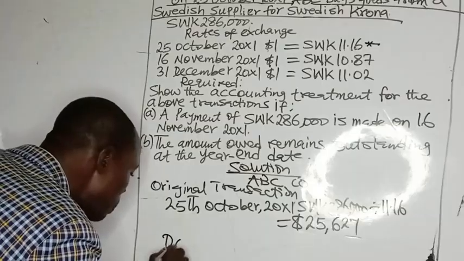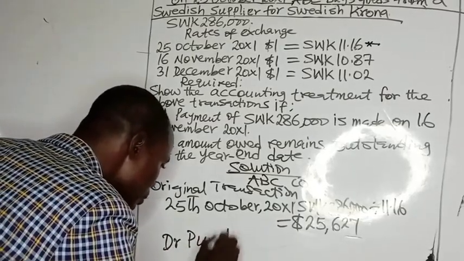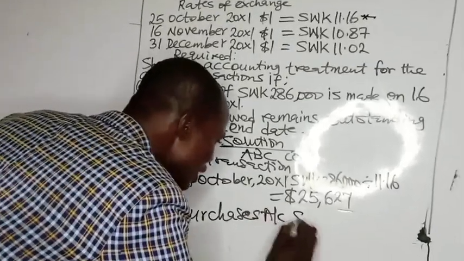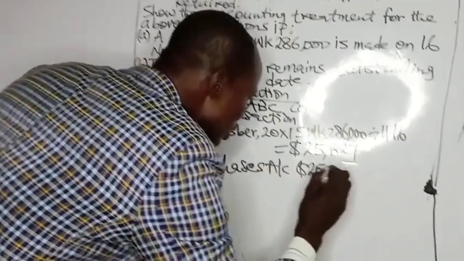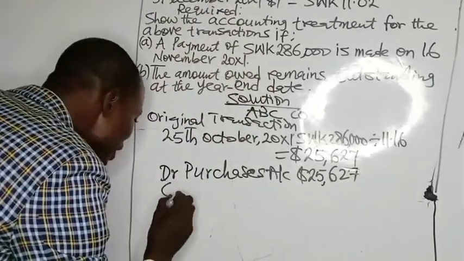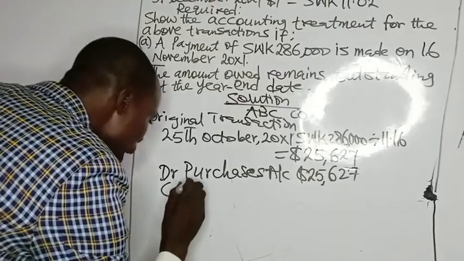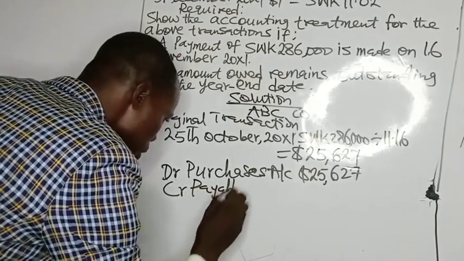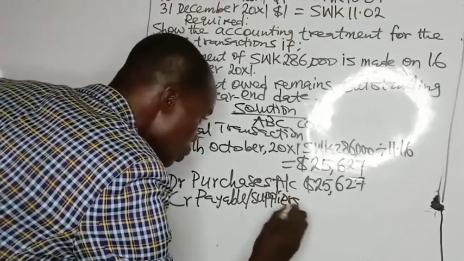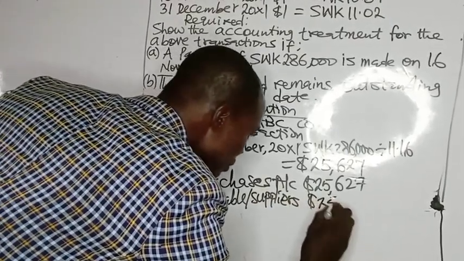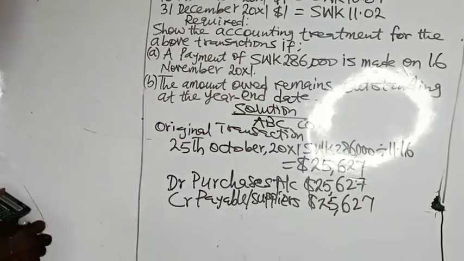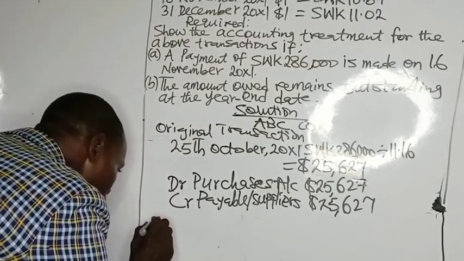So you debit purchases account with $25,627. You credit payable account or suppliers with the same amount, 25,627. Then on settlement date,